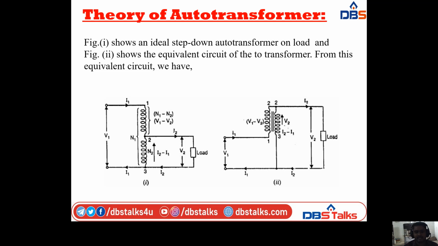On the equivalent diagram we also have the same, but here I am taking the equivalent circuit of the normal transformer. The primary winding is connected to the supply and the secondary winding is connected to the load. We have the same primary current I1 and secondary current I2, and the voltage difference V1 minus V2 and current I2 minus I1. So from these diagrams we are taking